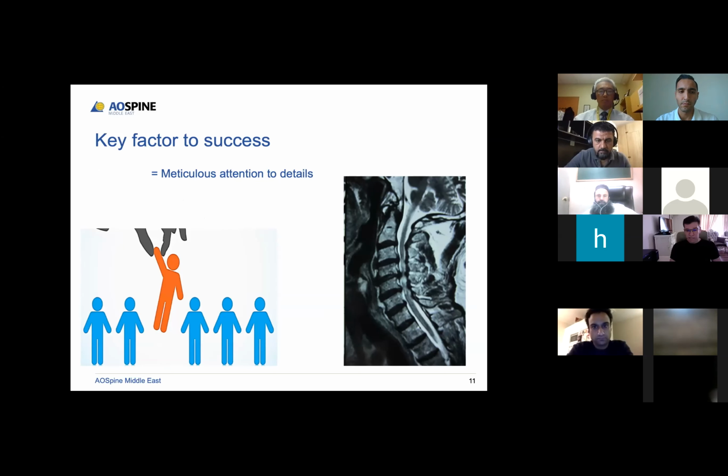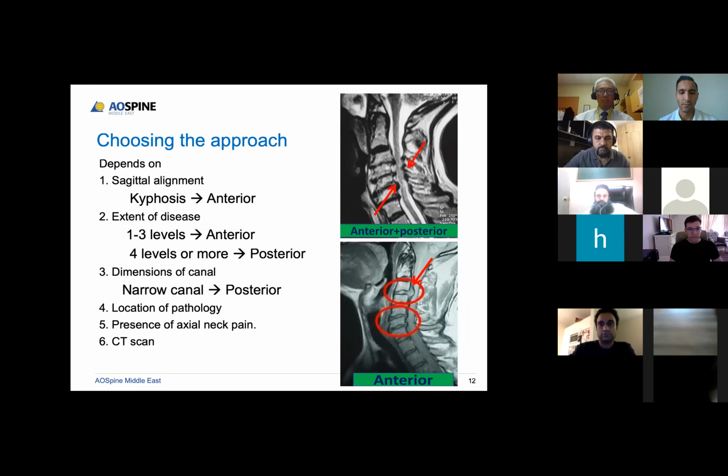But the key to success of any surgery, including the ACDF, is meticulous attention to detail. If you choose your patient properly, if you select your case properly, you will find a good result. So you have to carefully choose your approach and your patient. If you have, for example, a sagittal alignment or kyphosis case,